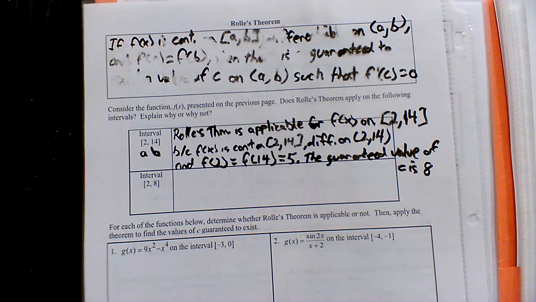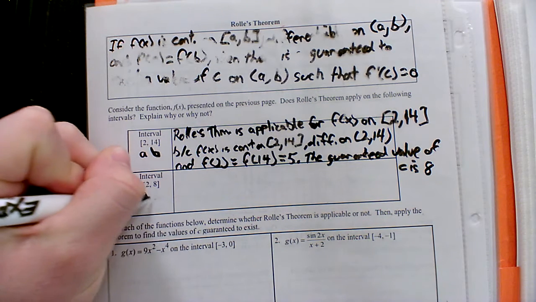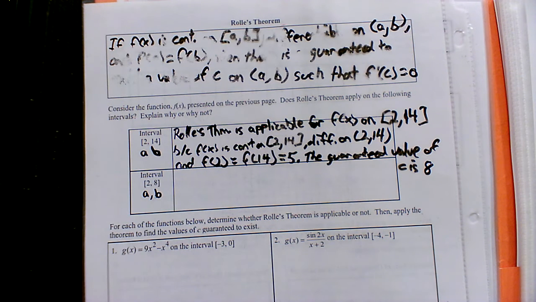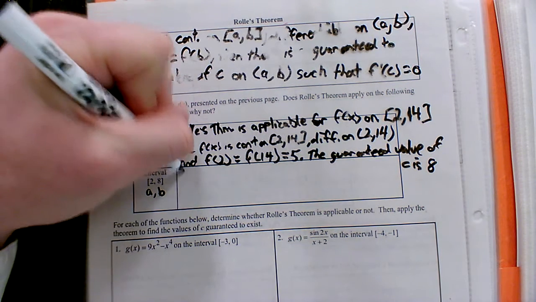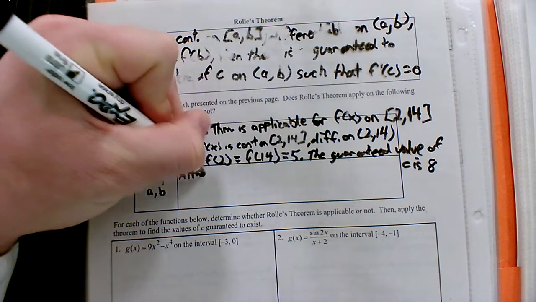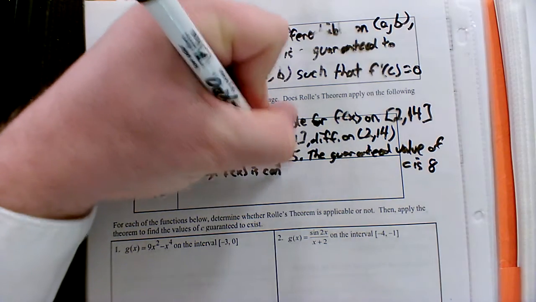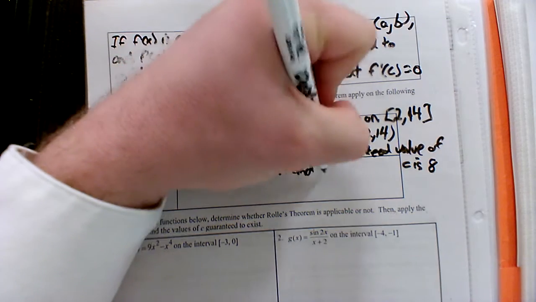Alright, let's go ahead and look at the next one then. So the interval, again, you can refer to the front, but we're looking at the interval from 2 to 8. So A to B. From 2 to 8, is it continuous? Okay. Is it differentiable? Can you take the derivative anywhere from 2 to 8? Yes. Is f of 2 and f of 8 equal to each other? No. Okay, so we can say although f of x is continuous and differentiable,